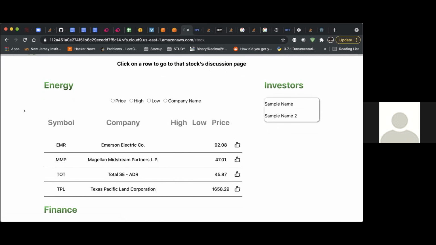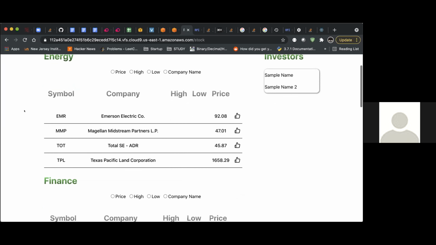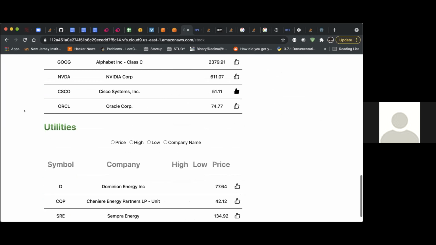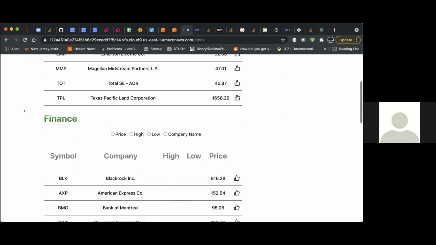Because for most stock applications, it's just you invest, you buy in, you buy out. It's not really like, hey, let's come on this, let's like these stocks. So over here we have our page, and we loaded up a bunch of stocks from different sectors: finance, mega tech, utilities, etc.